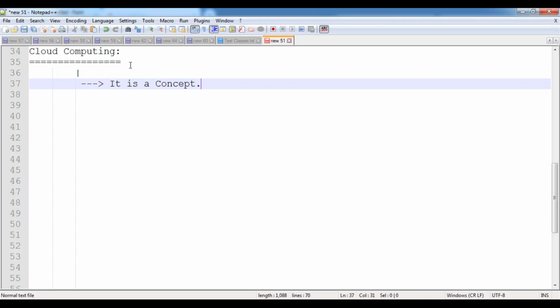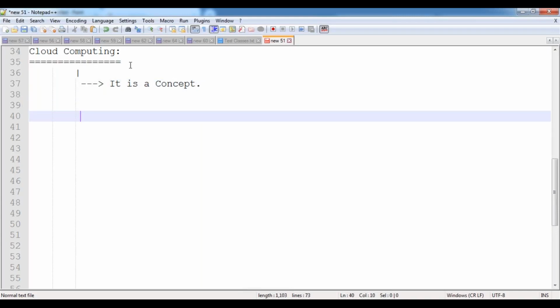Now, this concept is not a new concept. It is a very, very old concept. Everybody knows this concept also, because we have been using this concept in our real world since a very long time. Like for example, let me take a general scenario so that we can understand very easily. For example, assume that